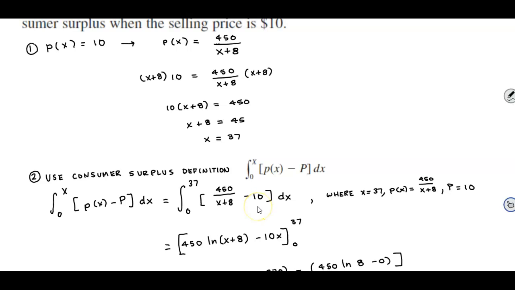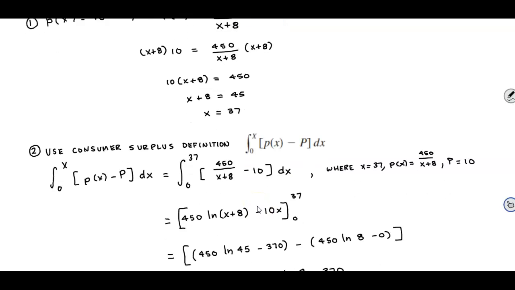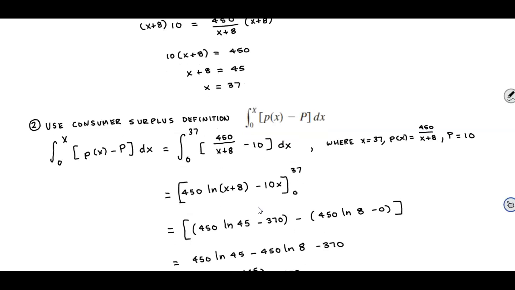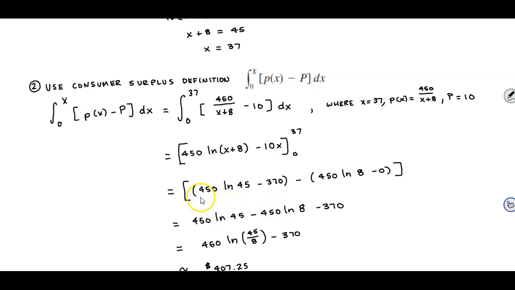So now we're going to go ahead and find the antiderivative. The antiderivative of 450 over x plus 8 is 450 times the natural log of x plus 8. The antiderivative of minus 10 is minus 10x, going from 0 to 37. So we have 450 times the natural log of 45 minus 370, minus 450 times the natural log of 8